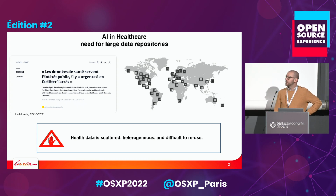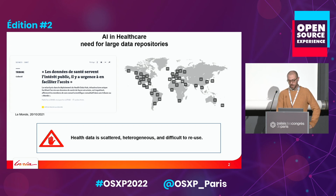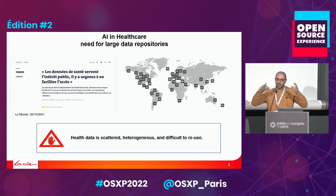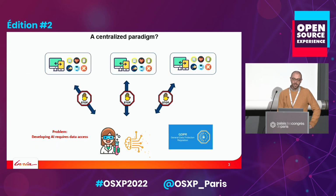one of the main challenges that we have in dealing with medical research is that data is really scattered, really heterogeneous, and there's a big problem with reusability. So as you can imagine, every hospital does their little experiment in their corner with 50, 100, 500 patients, but then there are no big ways of sharing this data and doing collaborative science that are well established right now. And so